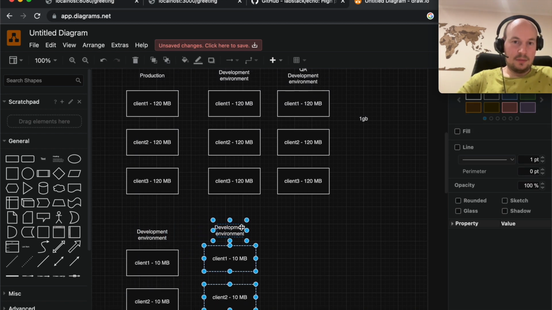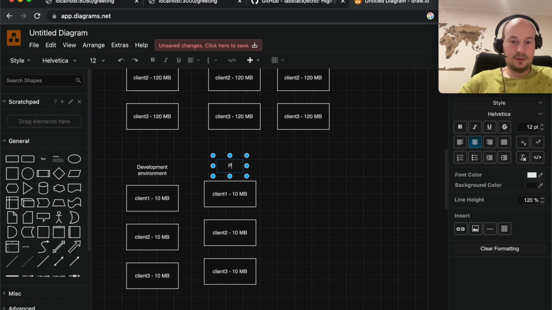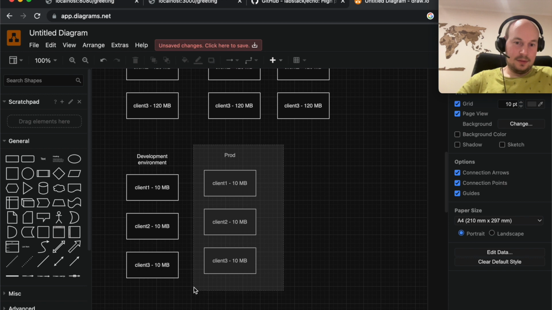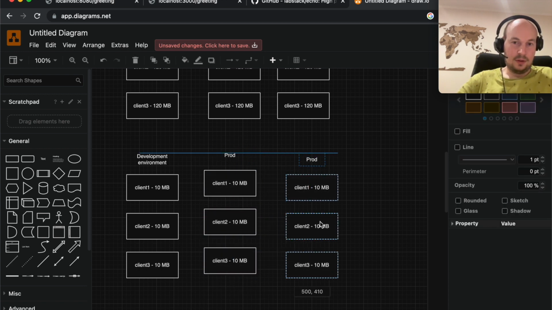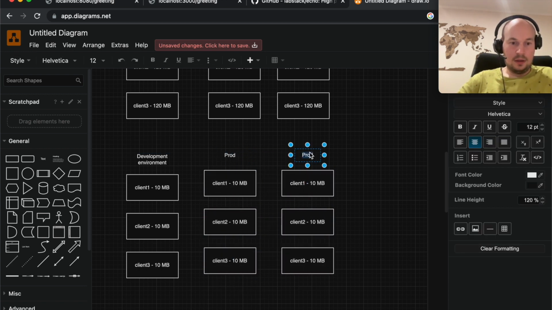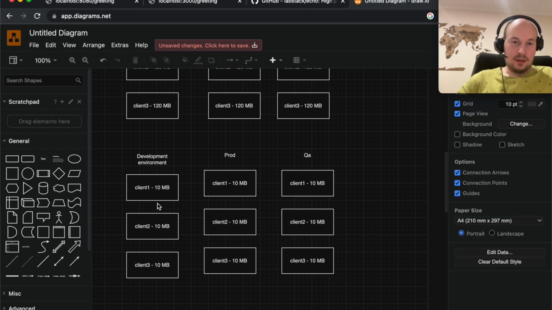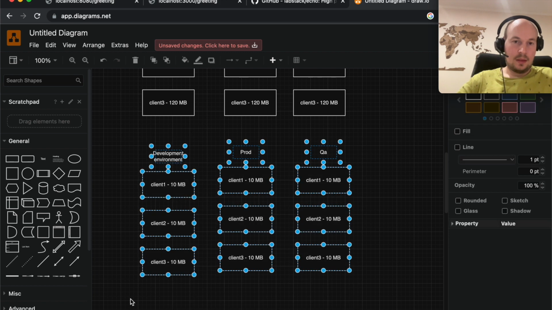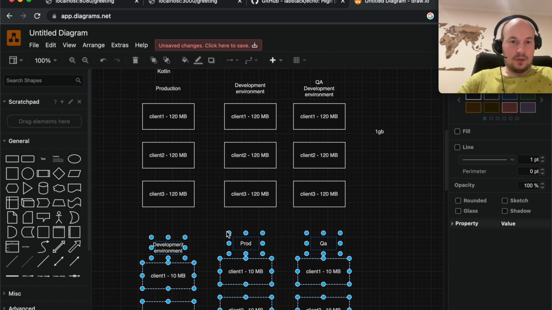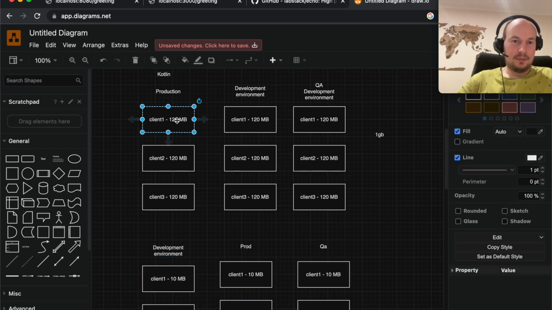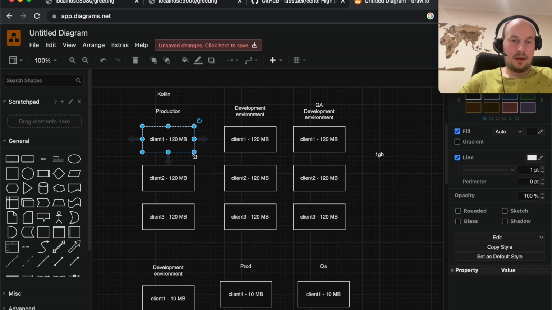The same for production like we had over there, and QA. They do their own stuff on QA environment. So 30, 60, 90 megabytes. All the infrastructure potentially running in one Kubernetes pod. Goodbye.